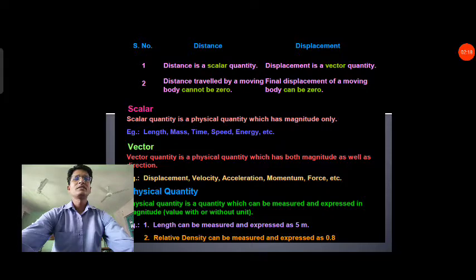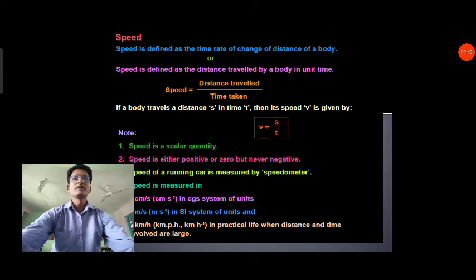Distance and displacement, that question we have completed. The difference between distance and displacement is from the textbook, already in the NCERT question. So when I tell you to write an NCERT question, if we have already written it, we will not write it once again. Then next is scalar and vector quantities, all of which we did.